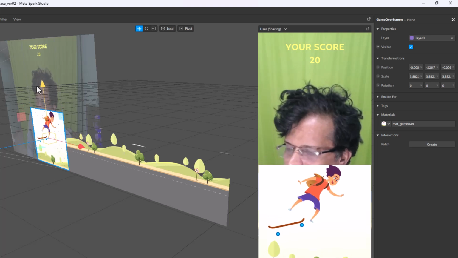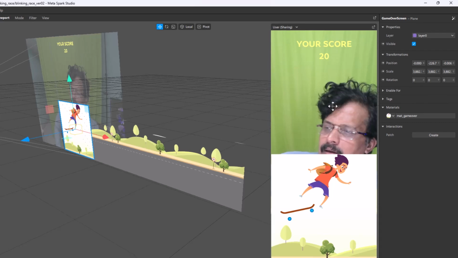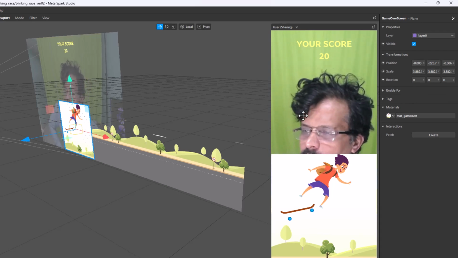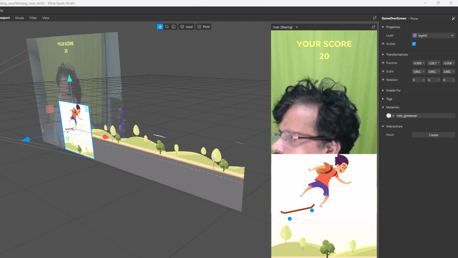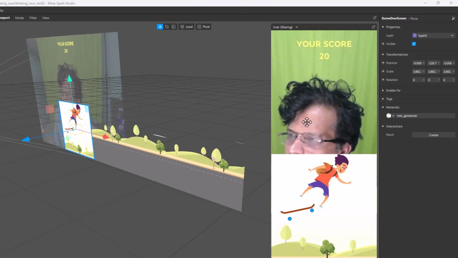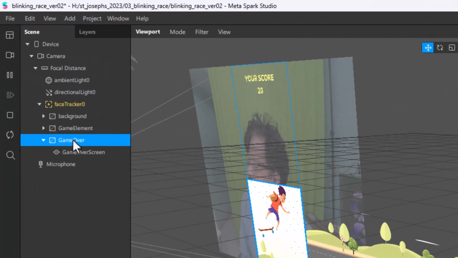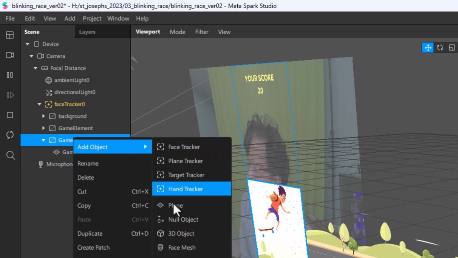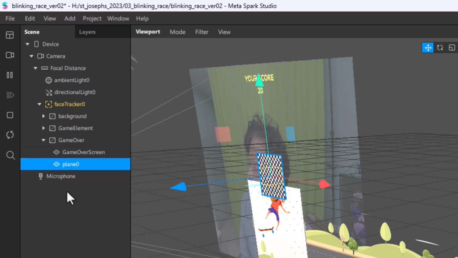Now, the only thing is, I want this background, when the game is over, my face should not be visible. I want the entire background blank. So, to add a white background, I will come back to the game over component here, right click, and add one more plane, and this time I am going to call this plane